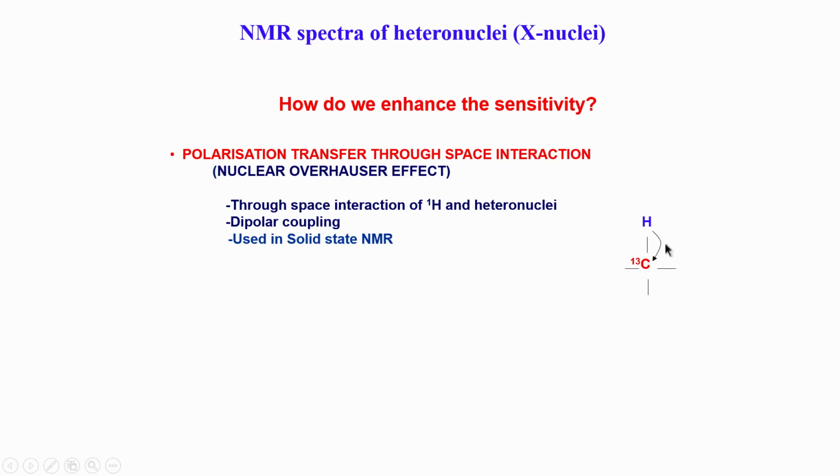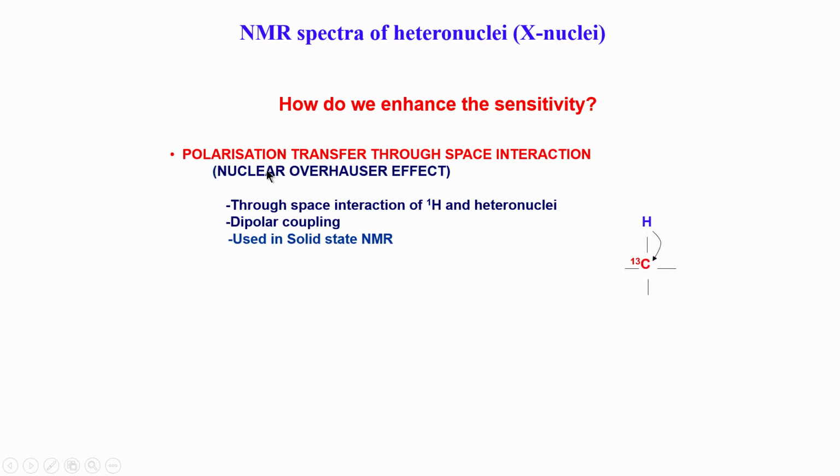We can do this both in solid state and in liquid state. In solid state NMR, generally this is done using what is called CP, or cross polarization, and that happens through dipolar interaction. Remember, a proton is always attached to a carbon in an organic molecule or in proteins or biomolecules, so they are very close by. This distance is about 1.2 to 1.3 angstroms, which is very small. Therefore, the dipolar interaction between hydrogen and carbon is very high, and I can use that interaction to transfer the polarization from this proton to this carbon.